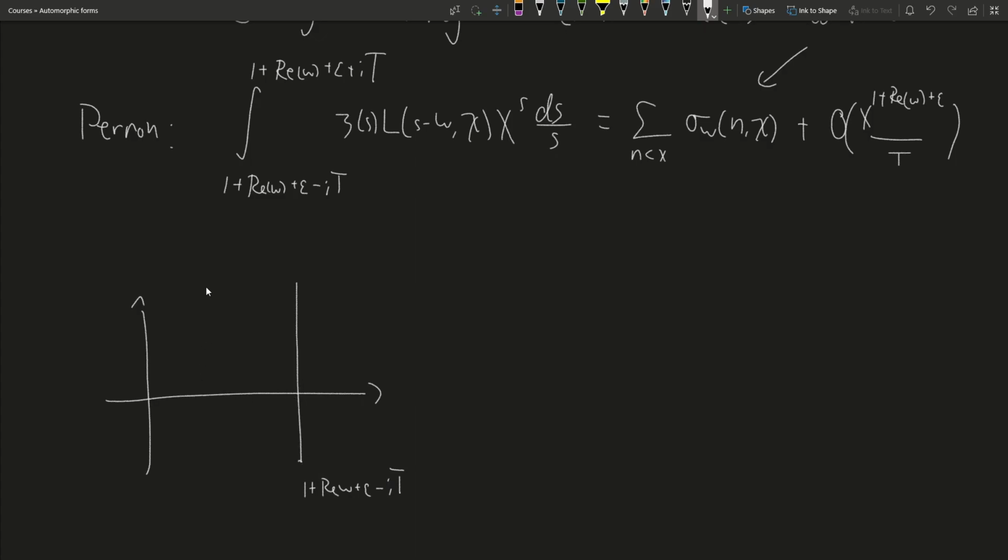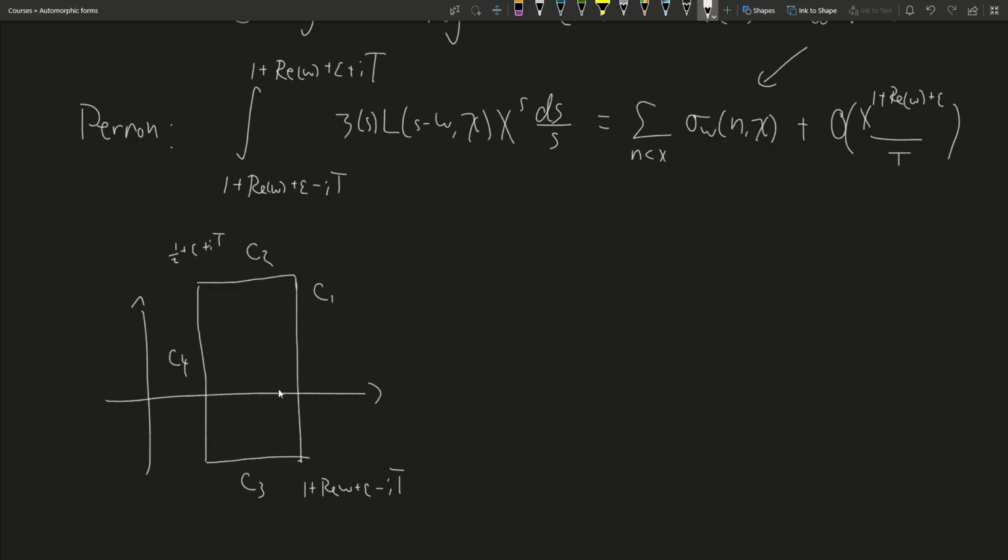Let's look at a rectangle going back to 1/2, so maybe this will be 1/2 plus epsilon plus iT. If we look at this contour, C1, C2, C3, C4, and we integrate around it,